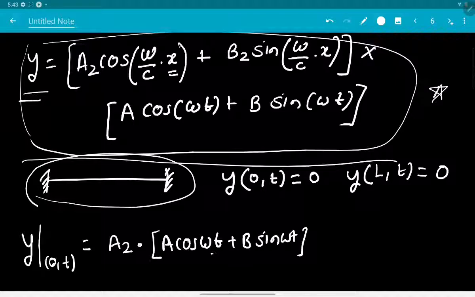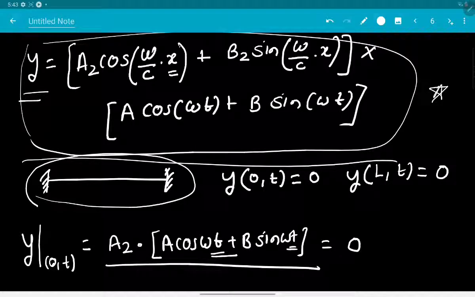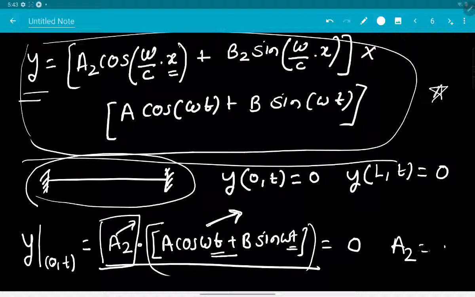So for all time t, whatever the time value, at all those time values you need this term to be equal to 0. Now if this has to happen for all time t, it is essential that at any time t you get a2 times this bracket equal to 0. This is possible only when either a2 is 0 or this is 0. This cannot be 0 for all time; at times it can be 0, at times it cannot. So if it has to be 0 at all times, the only possibility we are left with is a2 being equal to 0. So let's say that a2 is equal to 0.